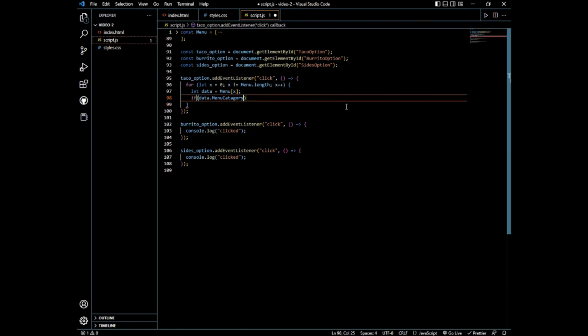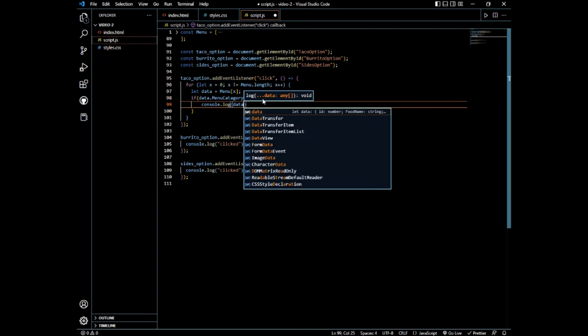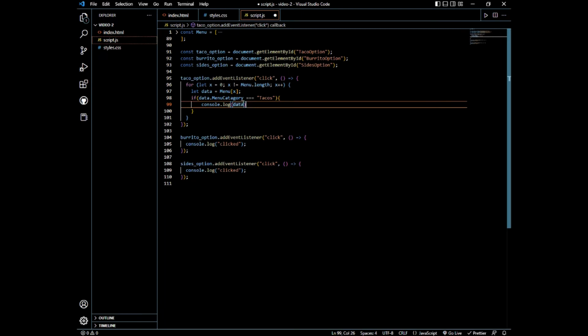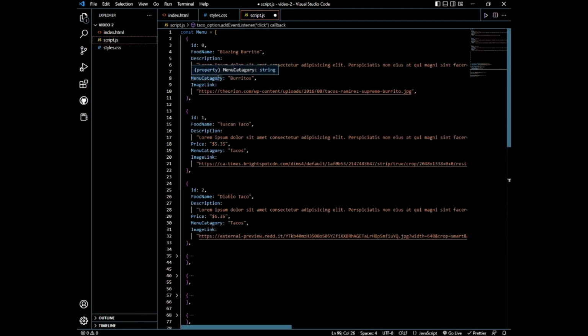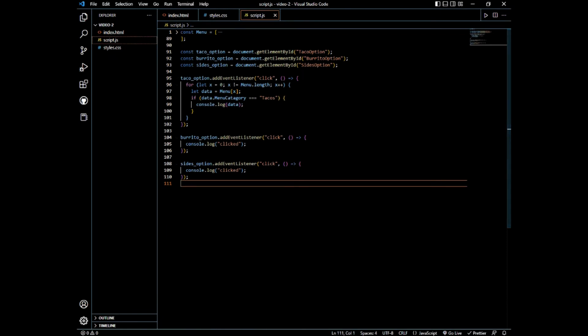Say if data.menuCategory is strictly equal to tacos with a capital T, then I'm going to want to see what data it is. So now when we click tacos, we should only see the menu items with the category of tacos in our database. So save this, run it,